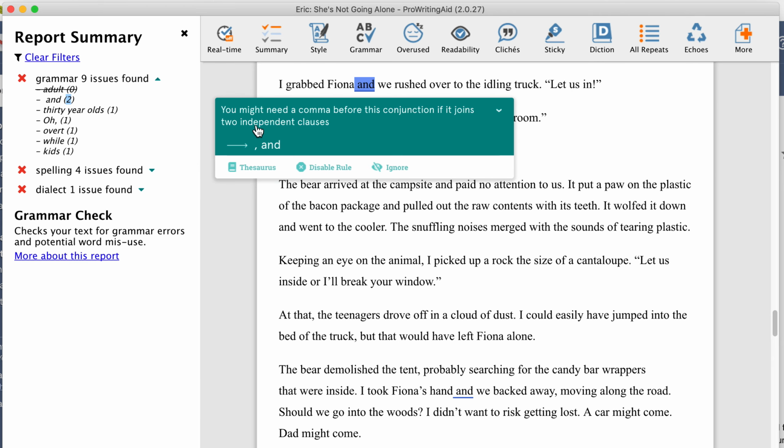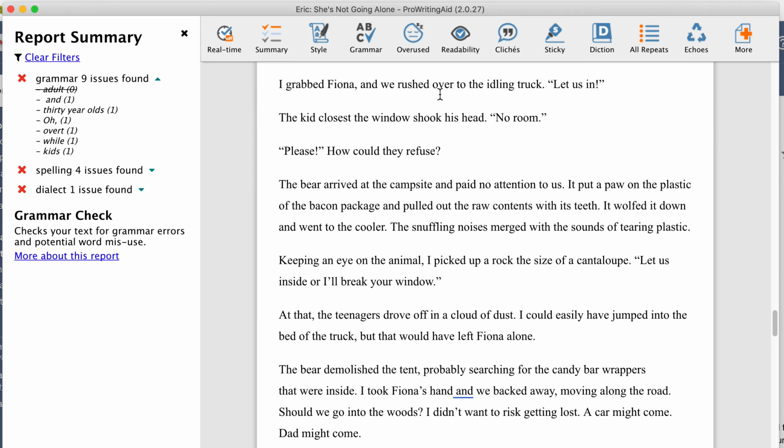"I grabbed Fiona, and we were okay." That's correct. That's an error that I made, and I click that, and it corrects it, and that's great. But it doesn't go on to the next one, and in fact, it doesn't. If I go to this one,